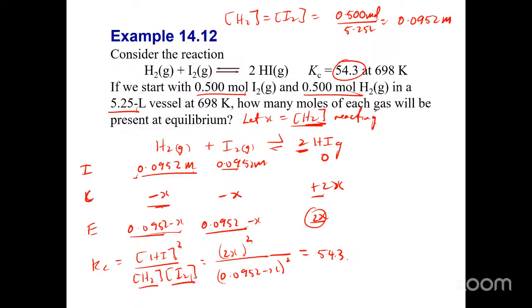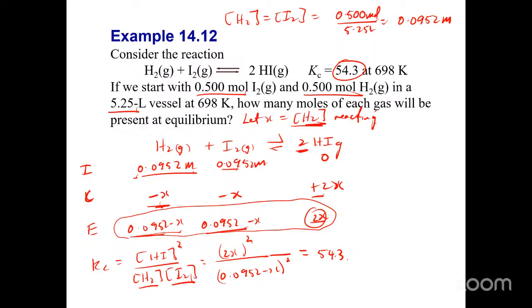Because what are we assuming? We're assuming that X is the amount of H2 that reacted. So basically the change in the concentration of H2 will be minus X. And because of the 1-to-1 mole ratio between the H2 and the I2, that change also will be minus X. And because of the 2-to-1 ratio between the HI and the H2, the change is plus 2X for the HI. And then we add this line to this line, and that gives us this line right here, which gives you the expressions for the concentration of the different terms.